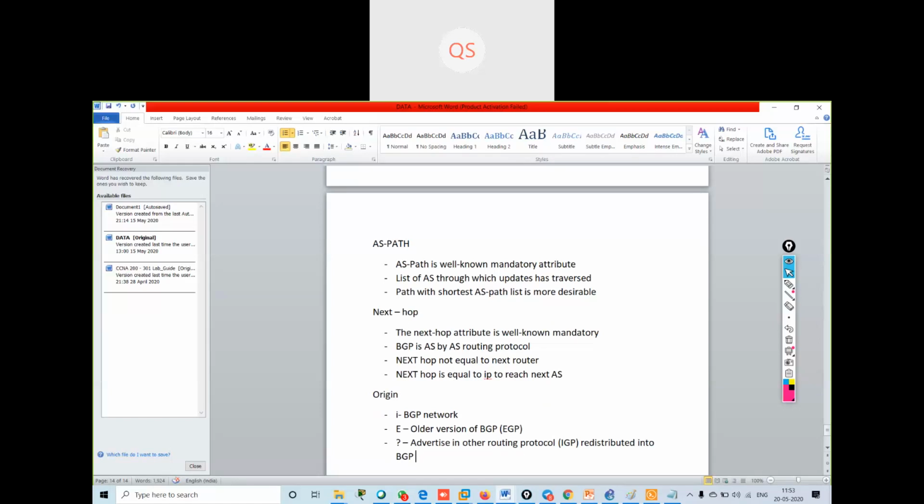They are not advertised in BGP; they are advertised in some other routing protocol and redistributed into BGP. So these are my well-known mandatory attributes. Got it?